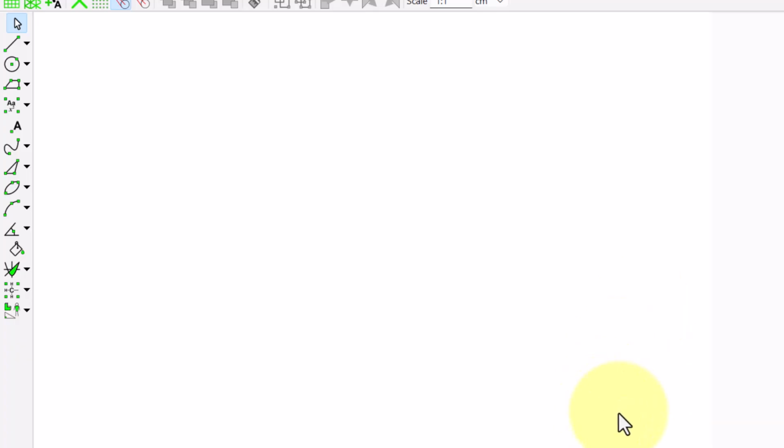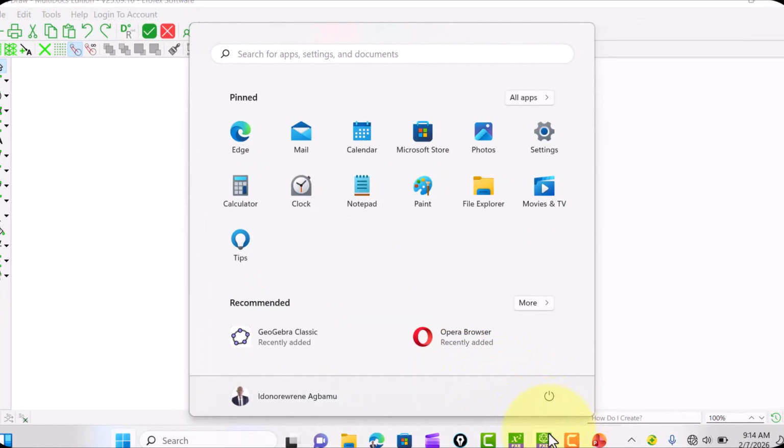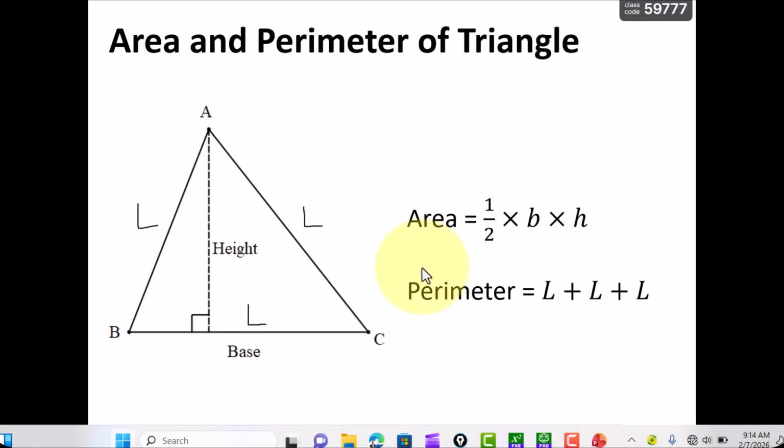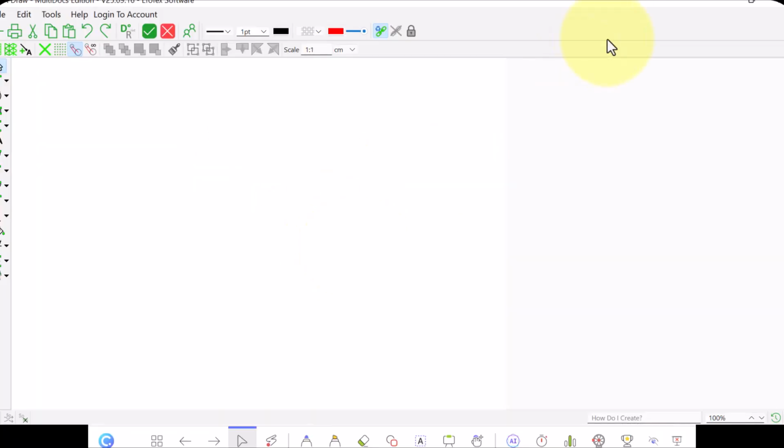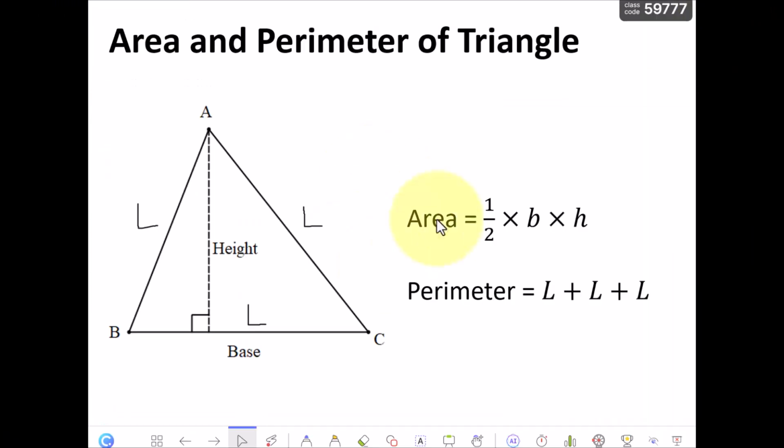So let's go to our lesson now and end today's lesson. Okay, now as has been said, area of a triangle is half base times height, which is gotten from half of a parallelogram. You divide a parallelogram into two, a triangle is formed. Then perimeter, just add all the lengths surrounding it. So don't forget that. Just know the values of all the lengths, add the three lengths, so you get your